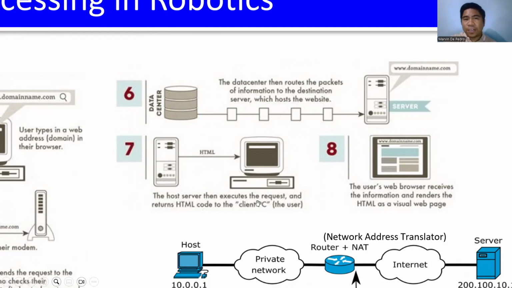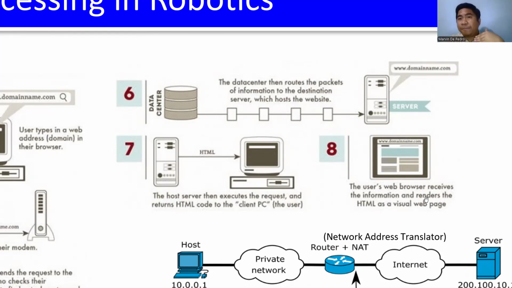So the host server executes the request, the user will see the interface, and then they will see the sensor data being captured. If we have a web page, then all that information will be rendered within the web page.